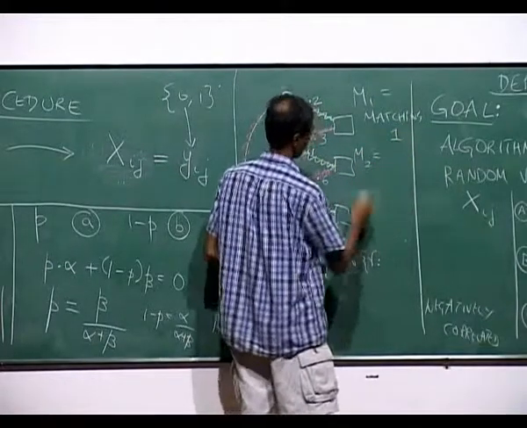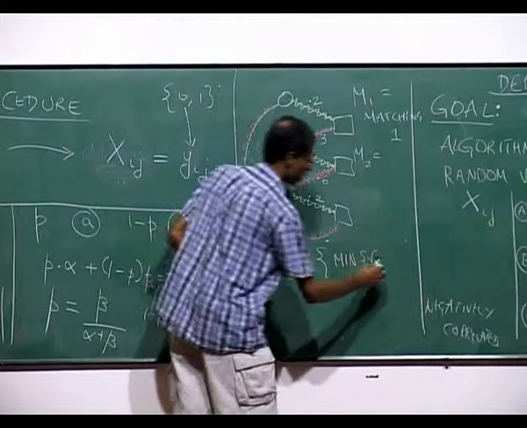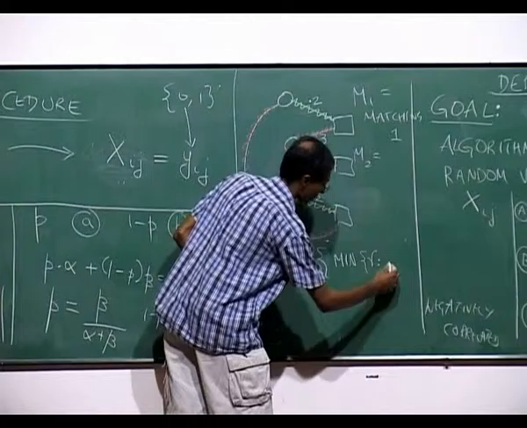So there are two matchings, M1 and M2. I look at every edge in M1, every edge in M2. I look at the smallest gamma such that